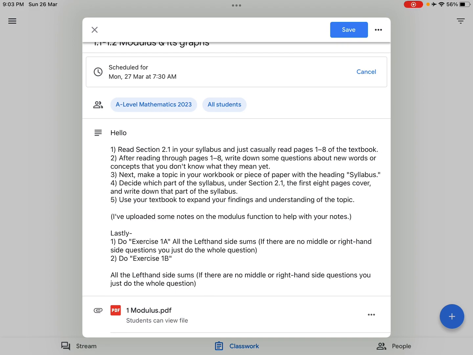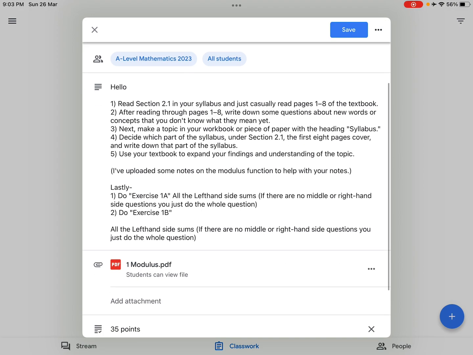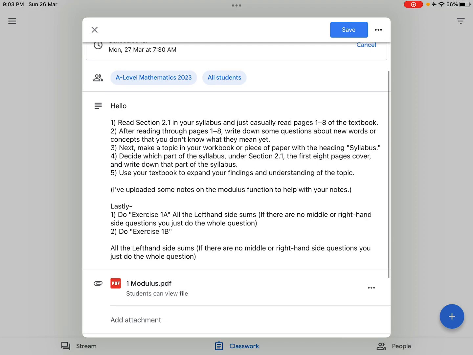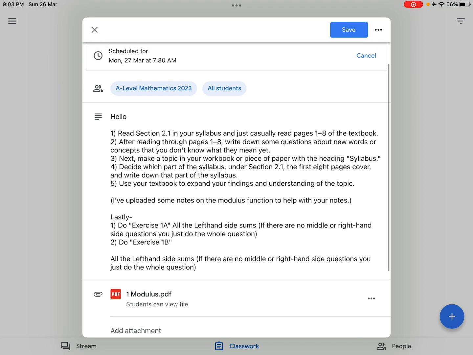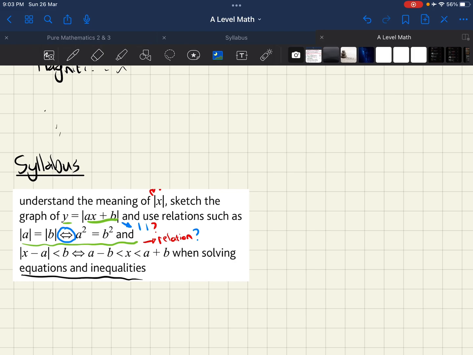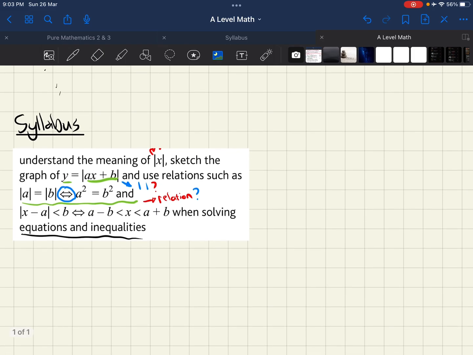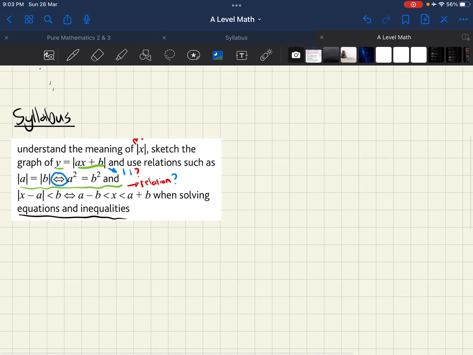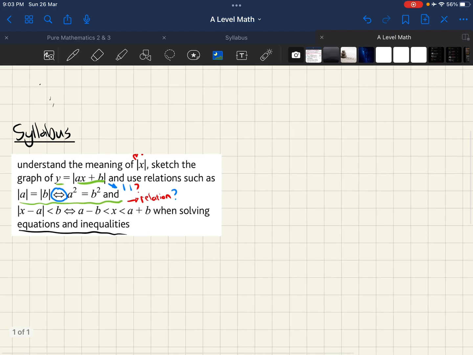Okay, 5. Use your textbook to expand your findings and understanding of the topic. And then I've also uploaded some notes on the modulus function to help you with your notes. Okay, so you can open that and just have a look at what those notes say about the modulus. But now you look at this. Understand the meaning of the modulus of x. Or let's first start with